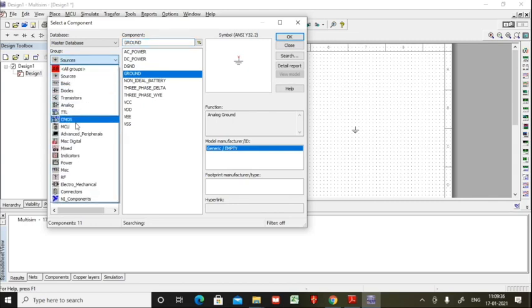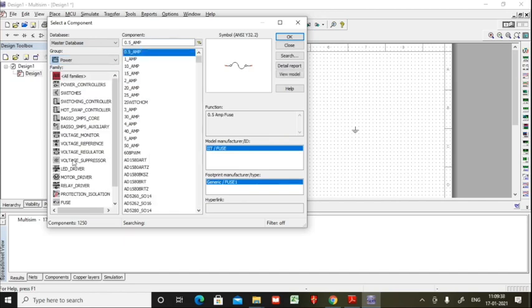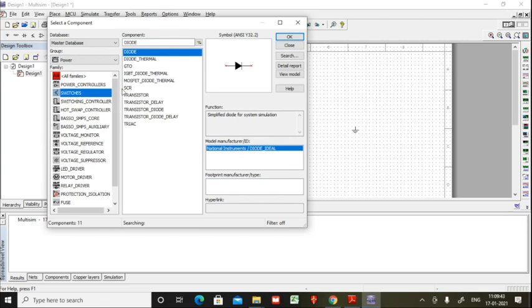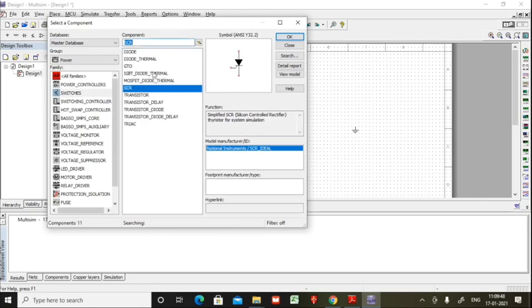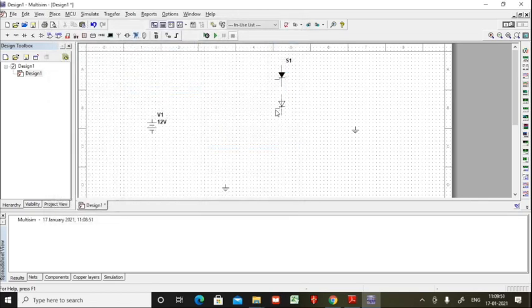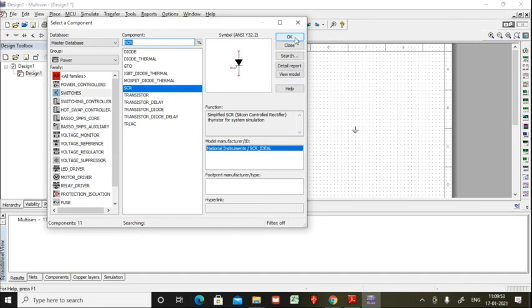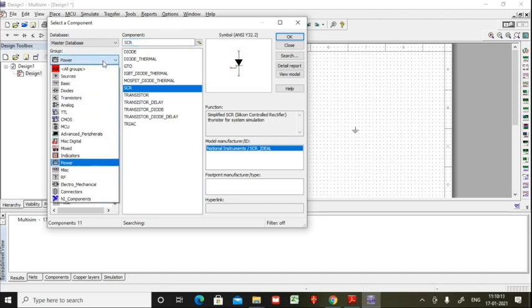Next, because this is power electronics, we go for Power, where you have many switches, and there you'll find the SCR. I'll place one SCR here and another here. According to my circuit diagram they are horizontal, but I have placed them vertically, so I'll have to rotate them. I found the option here: I simply clicked one of these and changed it using this.